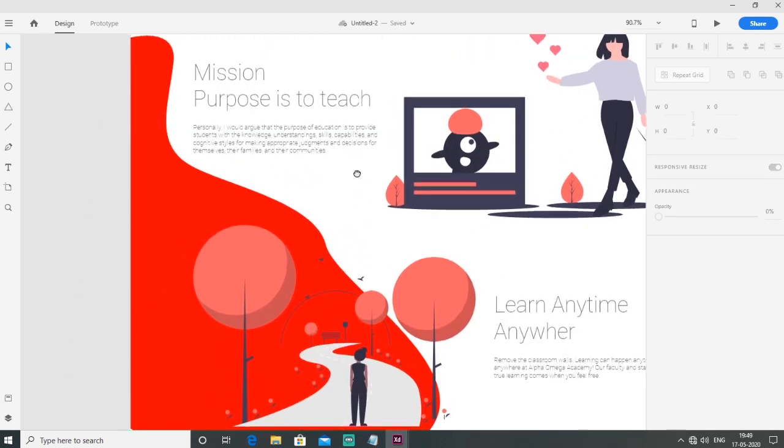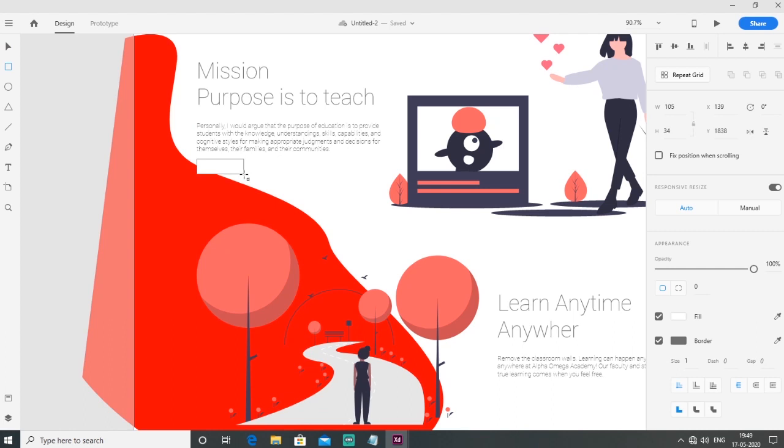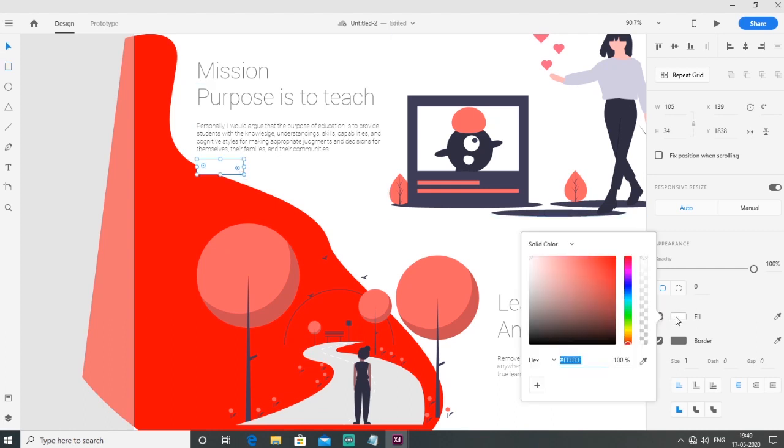Okay, I built this. Now I want to make some button. So I make a rectangle.